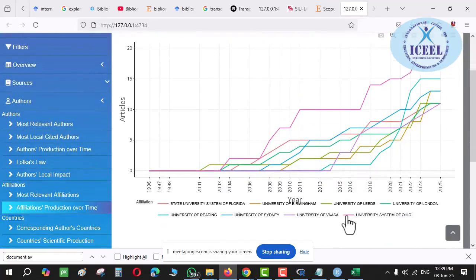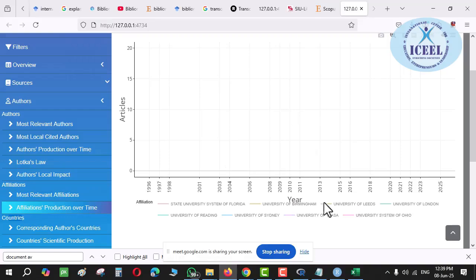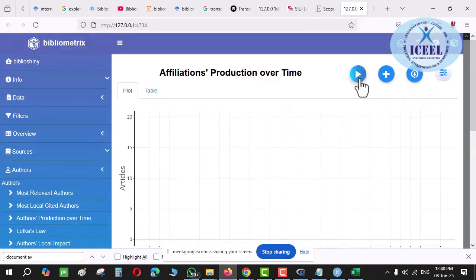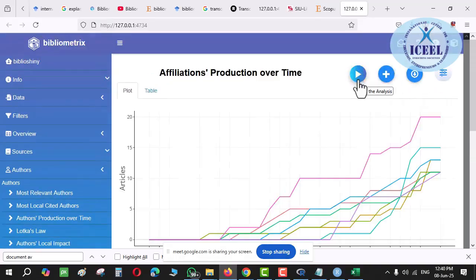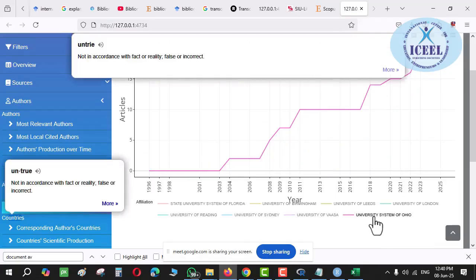Let's try again to see if I can get only one graph. Now it worked. Can you see it, guys? Suppose I want to see only one graph. I clicked over here and I could get only one graph. Sometimes it doesn't work, sometimes it does. I don't know why it is happening, because all this is complex. You won't be able to see all the graphs. I'm doing it again, and if you want to see only one graph, then clicking on this. It didn't work again. Yes, now it worked. See, I double clicked and it worked.